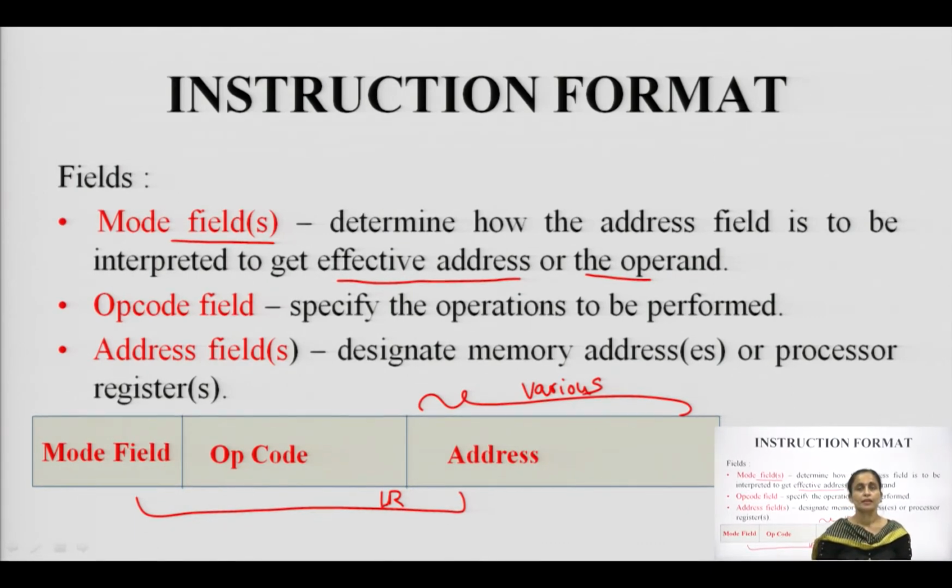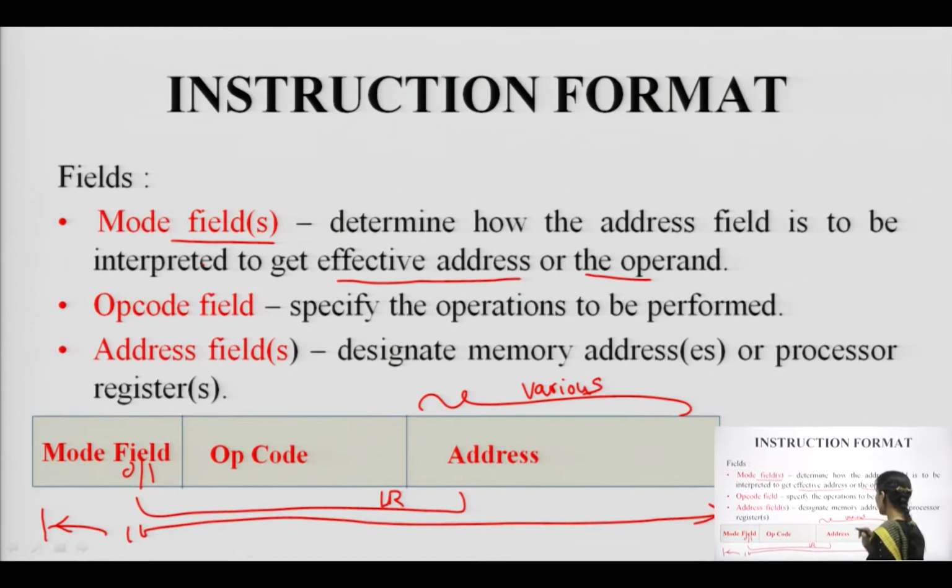So, there will be a series of 0s or 1s. By default, we will assume that the IR is 16 bit. The address part, we will normally assume it to be 12 bits,